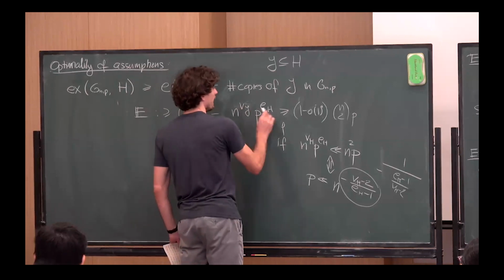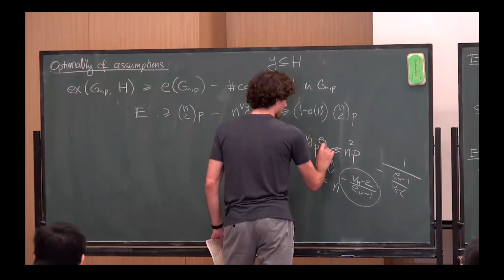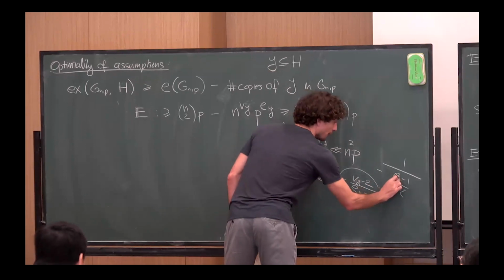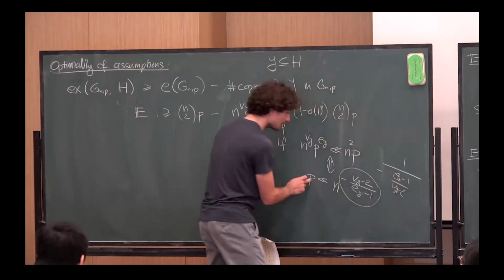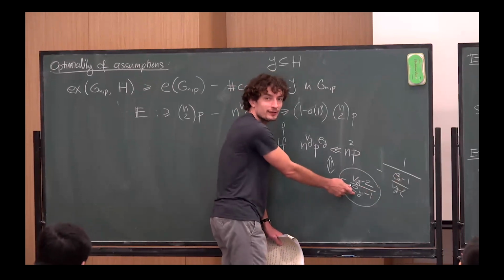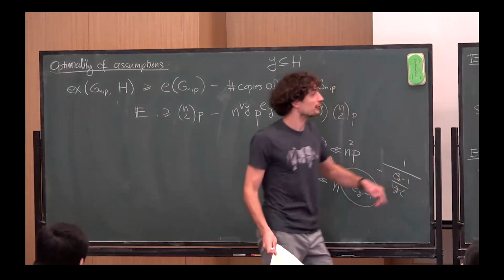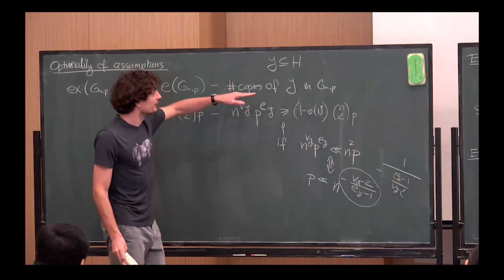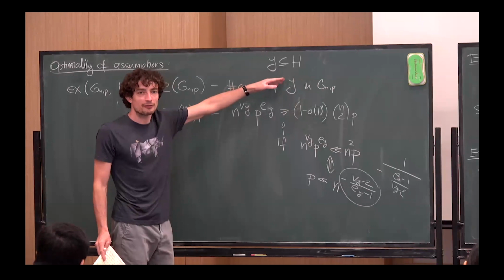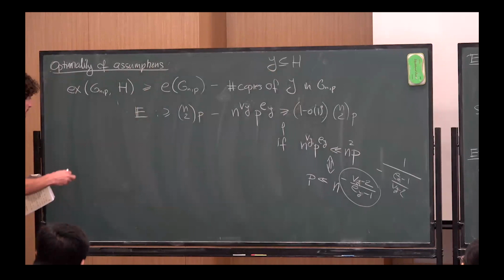So we can replace all the H's with J's. So now we need to assume that P is at least a constant times this for every J. And therefore, this leads to the notion of the two density. So maybe kind of surprisingly, sometimes it's better to run this argument for some subgraph rather than for the entire graph itself. And the example is,